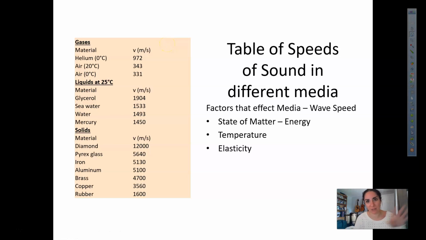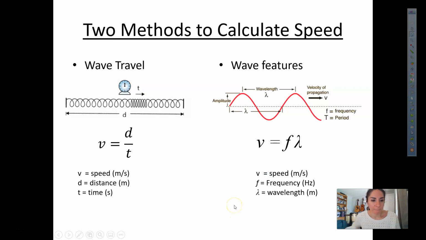I'm not going to test you on this at all. The most important thing is that the wave speed changes per medium, right? So different things have different characteristics which set their wave speed based on state of matter, temperature, and elasticity. All right, the last part of this is to use